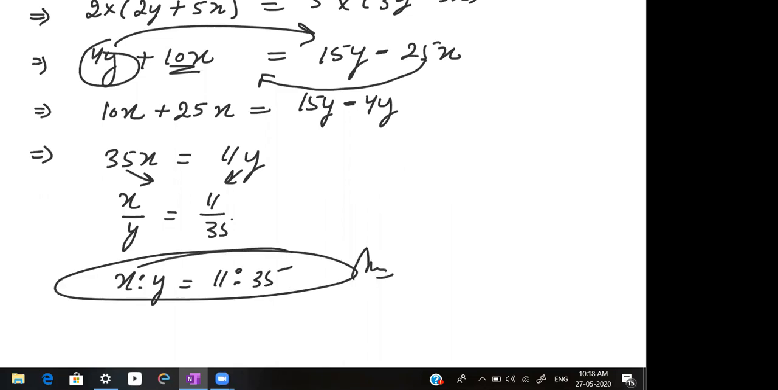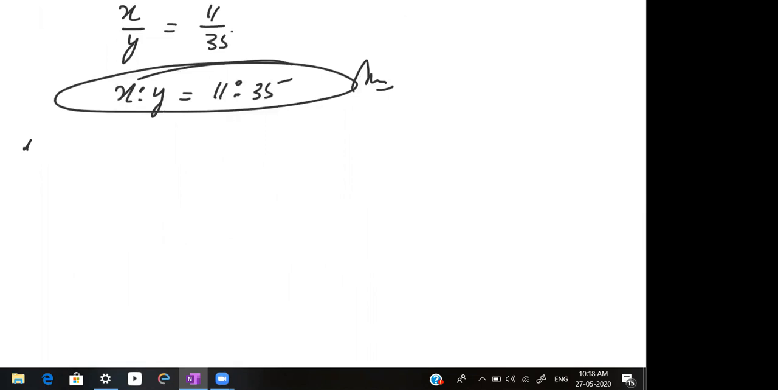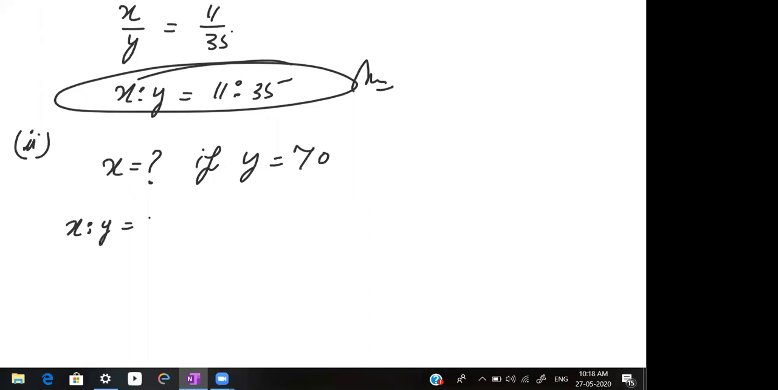Now the second part says, find the value of x if y is equal to 70. Find the value of x if y is given 70. So better write this very first. Write the answer of the first part. x ratio y is equal to 11 ratio 35. So x upon y is equal to 11 upon 35. Okay, now